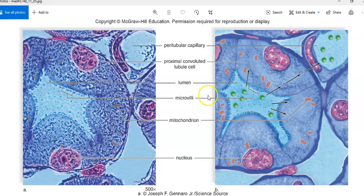You've got another whole batch in this part of the nephron in both of your kidneys. They are there again to increase the surface area so that your proximal convoluted tubule, the PCT, can efficiently get the filtrate out of the middle here and back into the blood supply. That's what its job is. And it's going to do that. Sometimes it's going to expend energy to do that, so there has to be mitochondria here